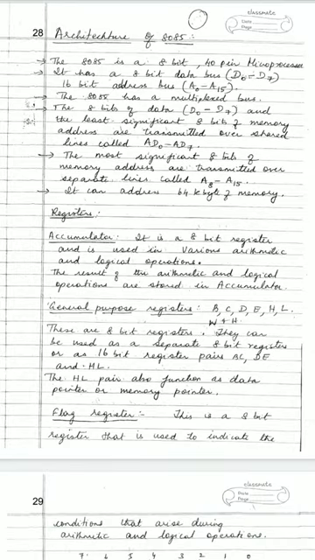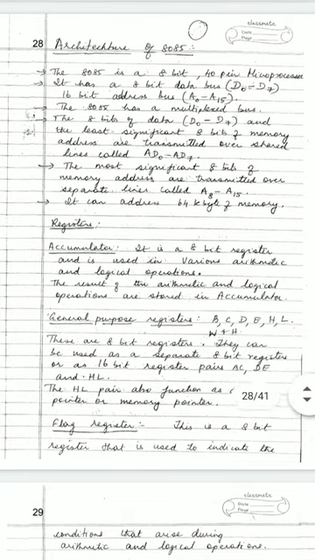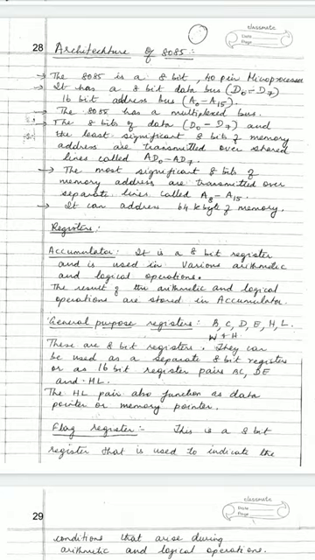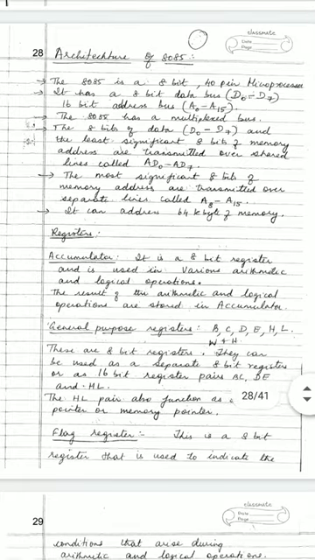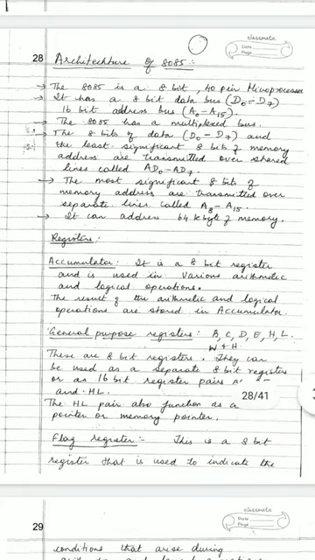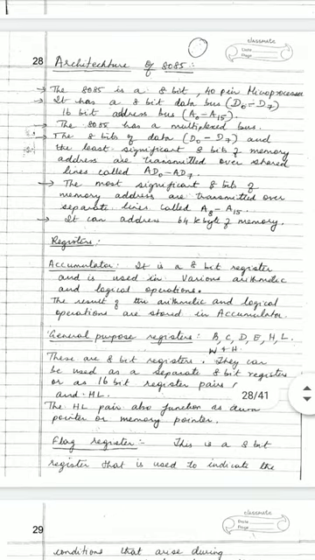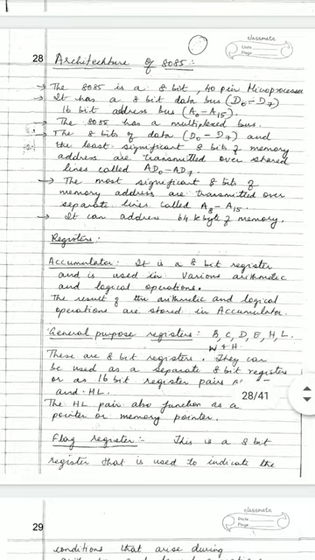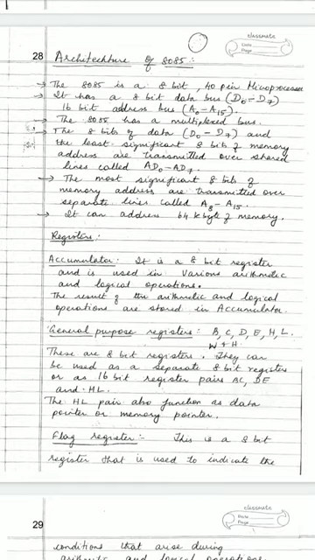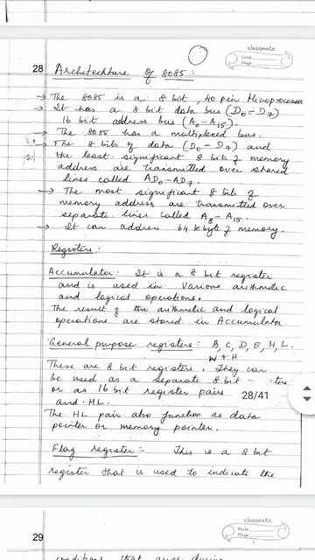Architecture of the microprocessor. It is an 8-bit, 40-pin microprocessor. It has an 8-bit data bus. Already I told you it accepts data with a length of 8 bits, and a 16-bit address bus. This also we already discussed. The address lines, suppose any program or instructions stored in the memory, have a length of 16 bits, which means binary values.